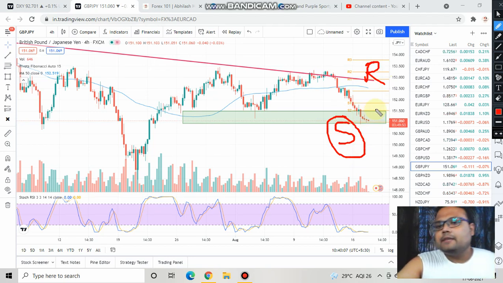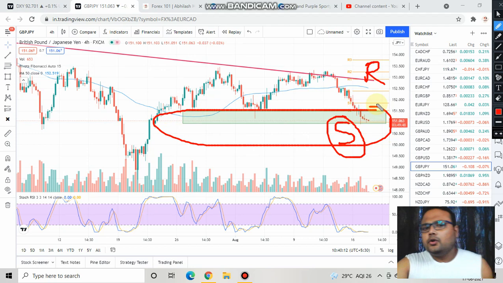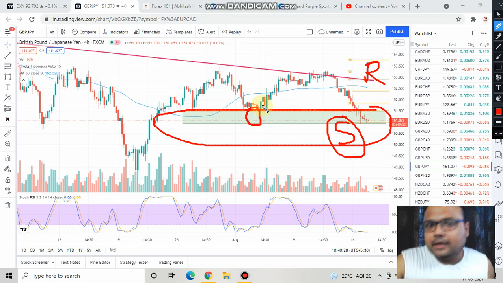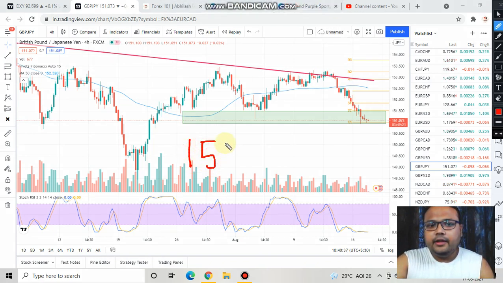And right now you can see that the market is just standing at this particular portion here. Though we cannot consider this level as a very strong support level, we can still see that the market is trying to make a temporary support here, because there was also a price rejection in the month of August only. Therefore the market is trying to take a temporary support here. Your temporary support level on the market is 151.50 to